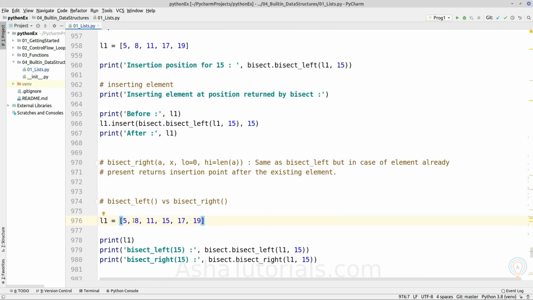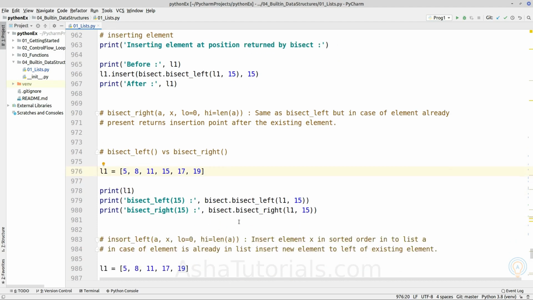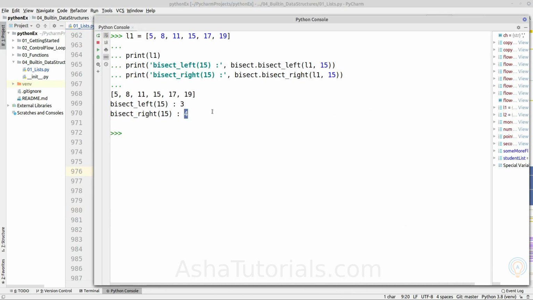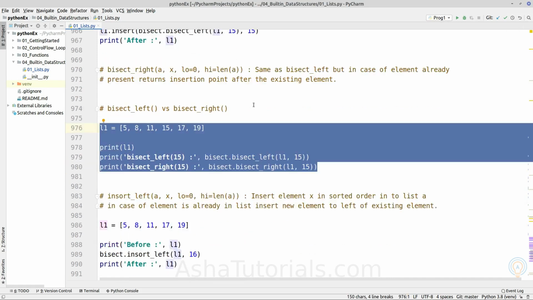If we calculate, bisect left will return the value 3, that is 0, 1, 2 and 3 for the existing element, but bisect right will return the insertion value as 4. So we'll calculate for both values. As we can see, it is returning 4. So that is the difference between bisect left and right.